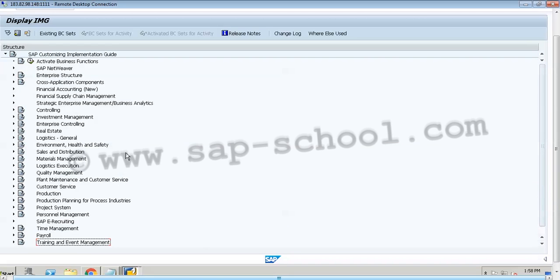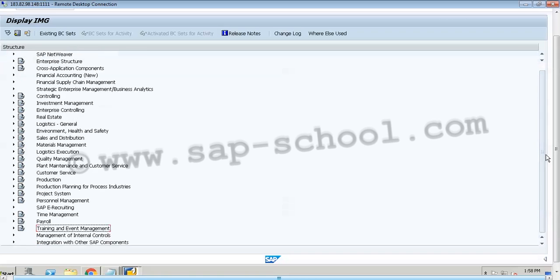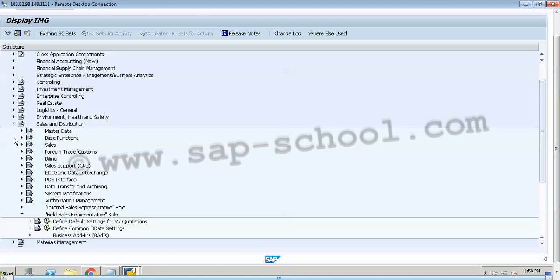So in this area we can check the different customizing settings which are done in my backend system. Similarly, here we have time management and SAP e-recruiting. Similarly for this one we have sales and distribution. Say if I expand sales and distribution and go to my field sales representative role,